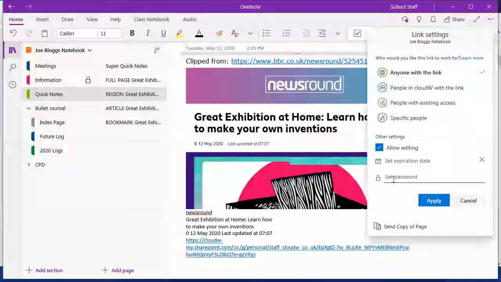I can set expiration dates, and I can pop a password in there, which can be really useful. Again, it's very well secured, but it's all dependent on how good your password is. Anyone within Cloud W, so any of those schools that we support, if they've got the link, they can see it or edit it if you tick the box. The safest one, of course, is specific people. So you have to put their email addresses in and say which people have access to edit it and